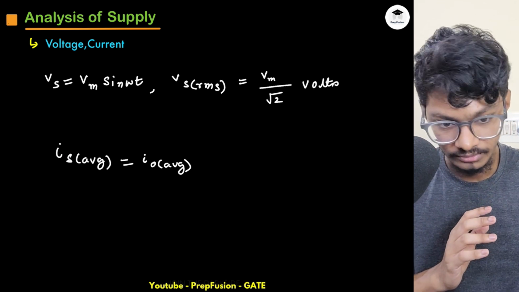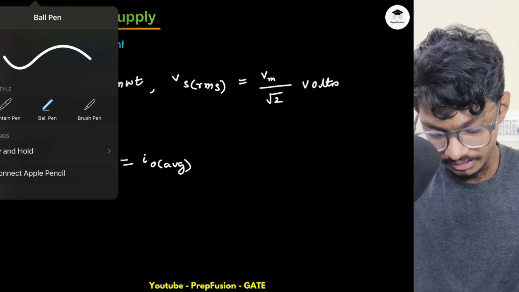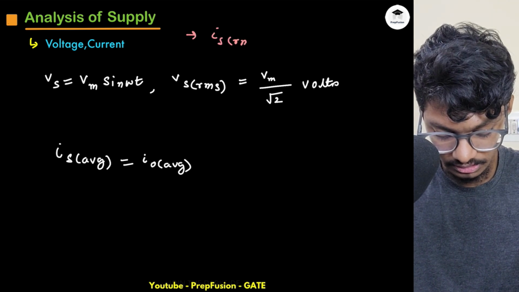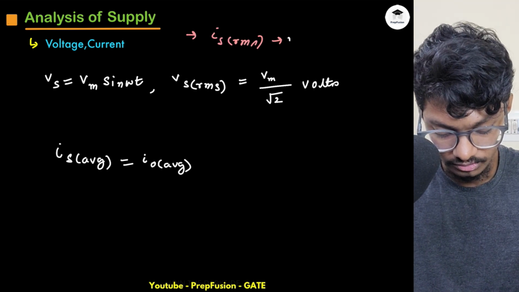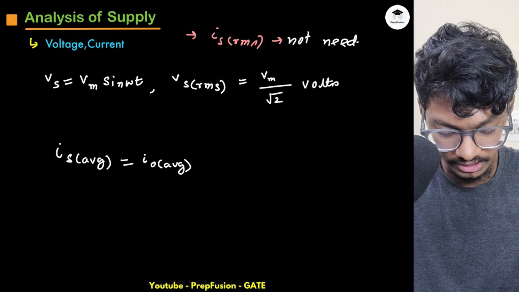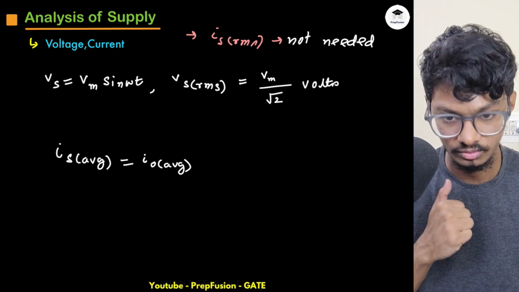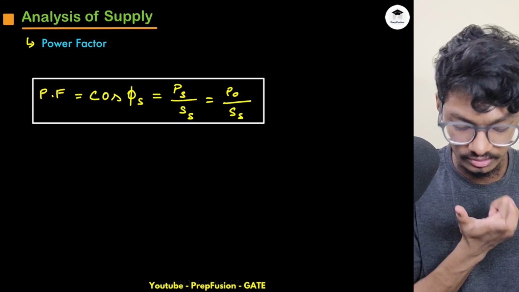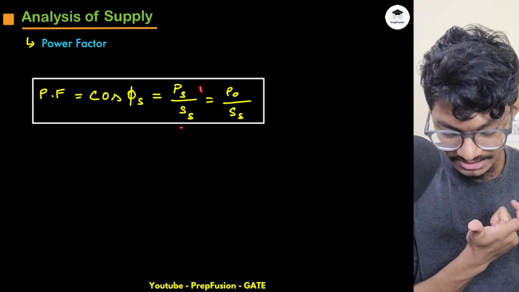And don't worry, you don't need to remember RMS. Okay, RMS is not needed. Why? We'll understand when we study the constant load. So then your supply analysis, like your power factor, will be PS upon SS, and